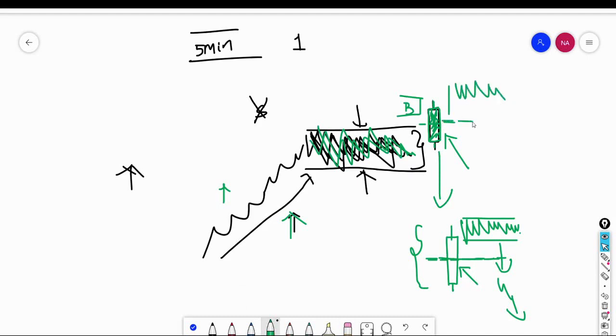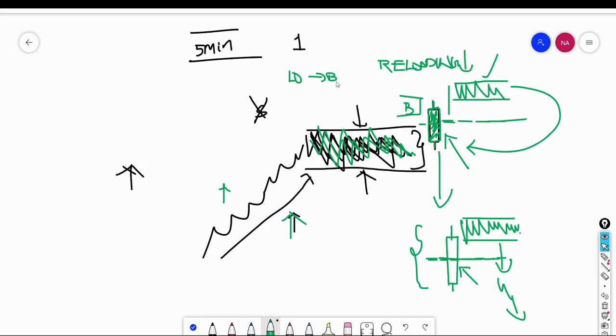But remember, the half of this bullish candle has not been taken out. So in this balanced market, mark down the high and low. The balance should be smaller than the earlier balance, so that the trend towards the upside will continue faster. This balance which is getting developed is a reloading done by big players. They are reloading, placing limit buy orders, and filling more buy side quantity to move the stock price further towards the upside.